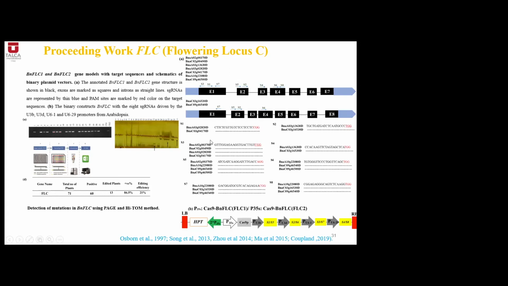The SVP has only 4 targets, but FLC has 9 copies in Brassica napus. So it is very complex to knock out all 9 copies of FLC from Brassica napus. If we successfully knock out all these copies, then we can get a very good result and very different results varying according to the flowering time. This is what we have done, but the result is still under analysis.